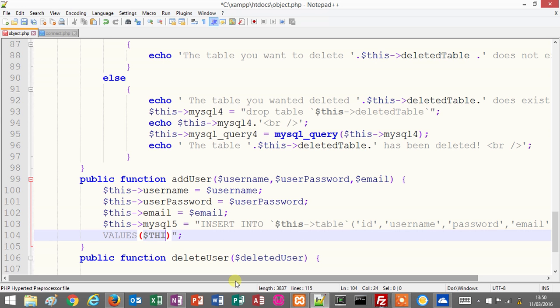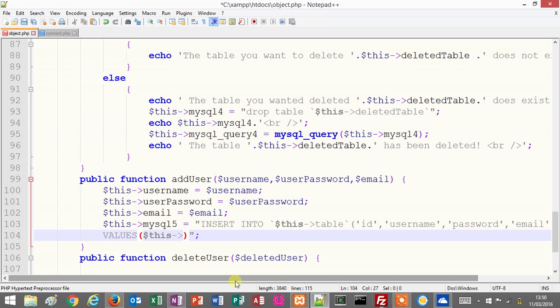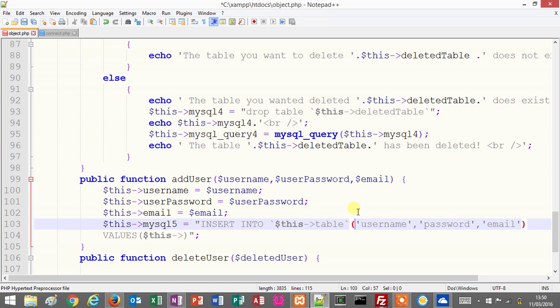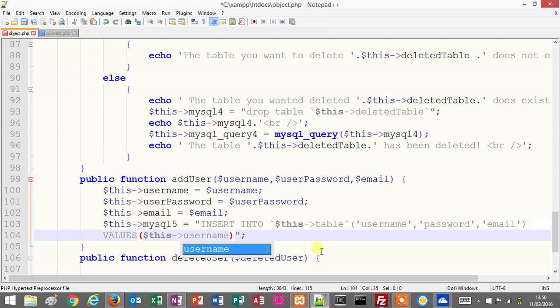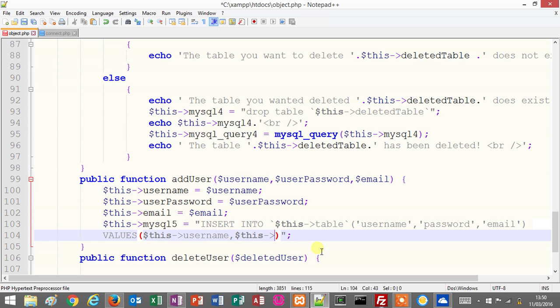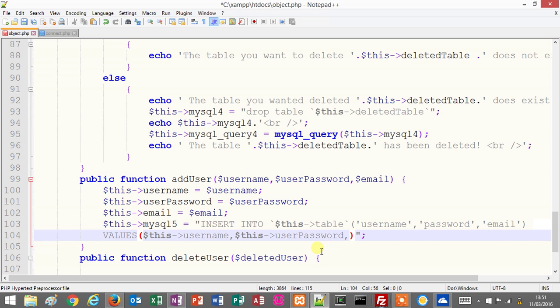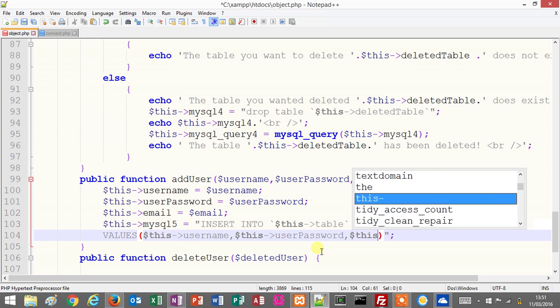We don't actually need the ID selected there, we're not actually putting the ID in, the ID is auto incrementing, so it should be this username, this user password, and this